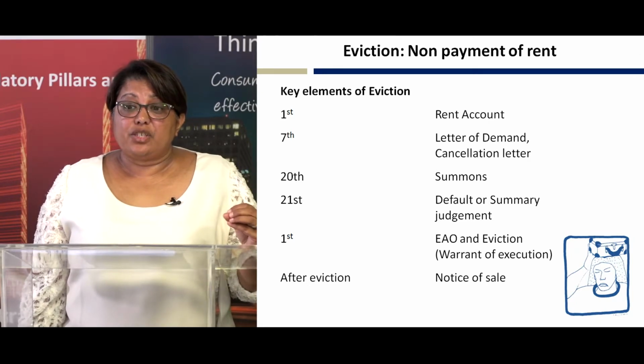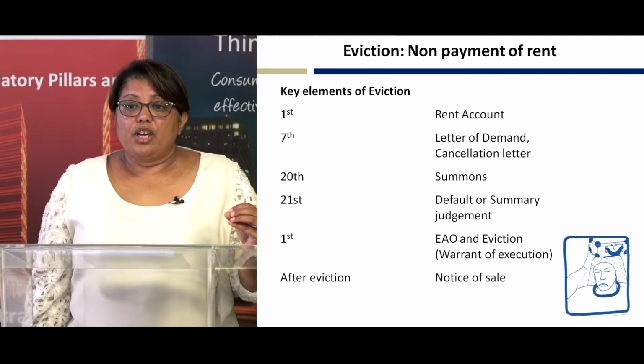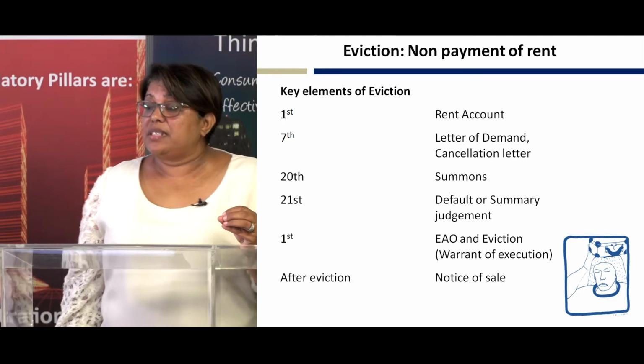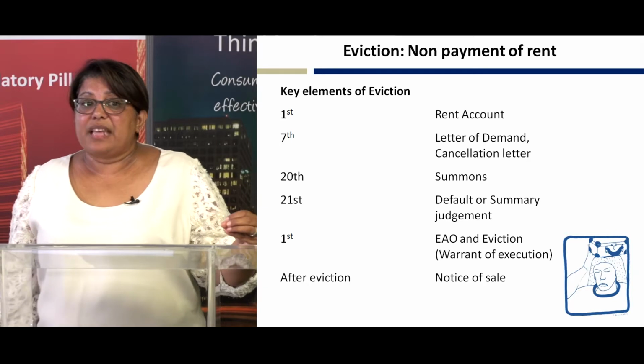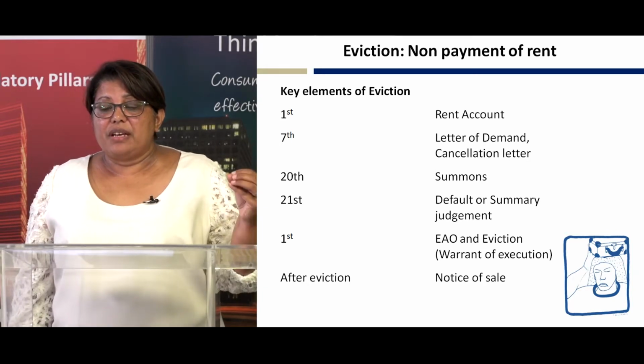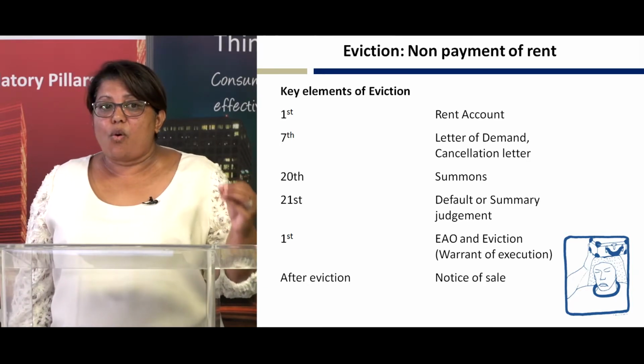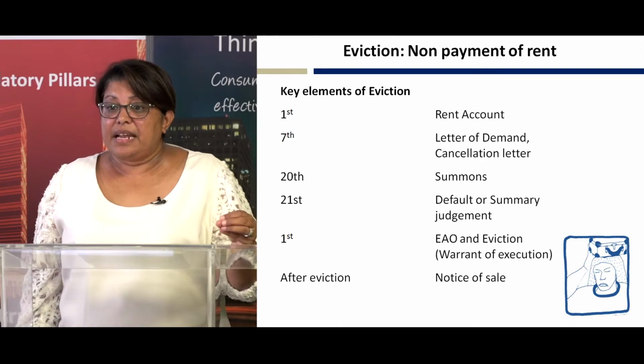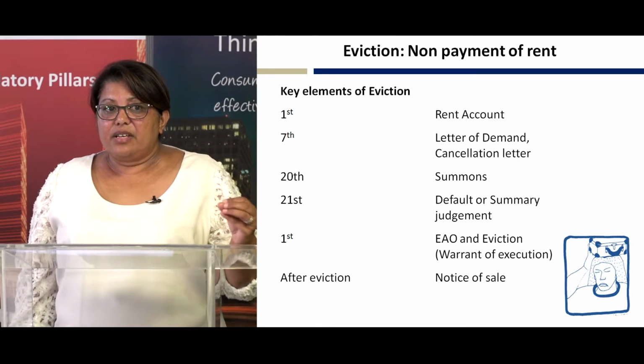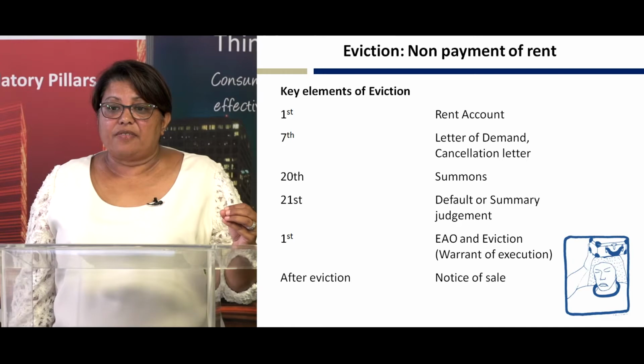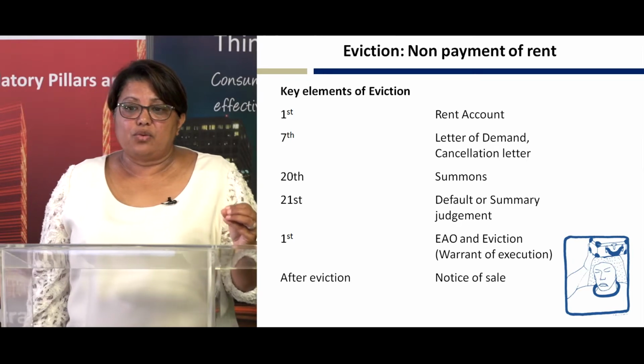On the 21st, you could issue a default judgment or summary judgment. You could also apply for emoluments and attachment order, because that allows you to attach that person's salary for any outstanding rental, and you can then get your eviction order, and after that you would then get the sheriff to